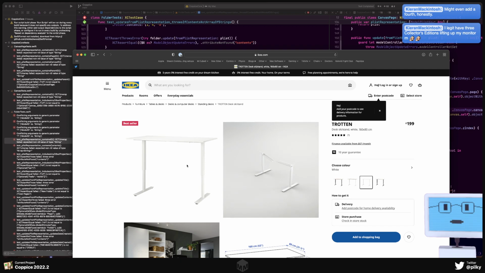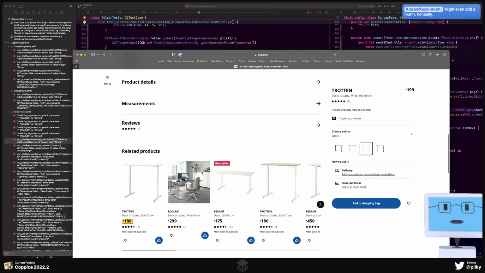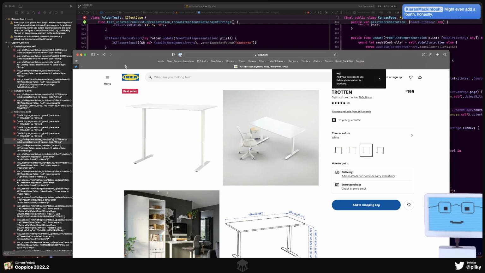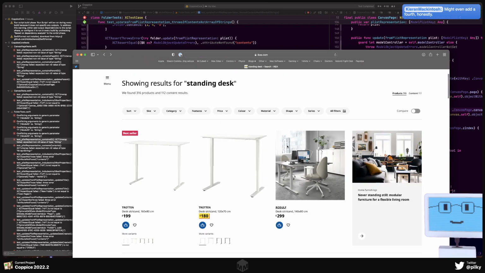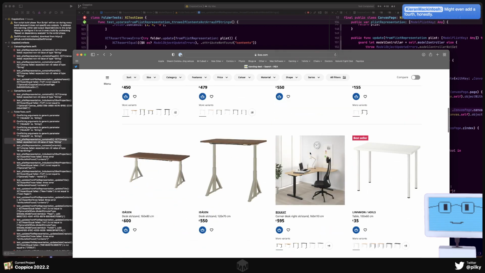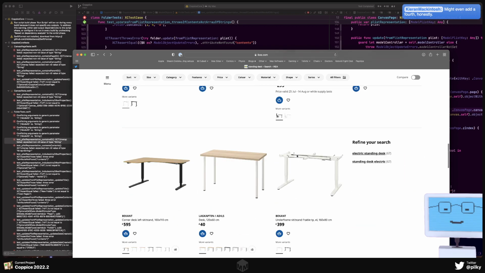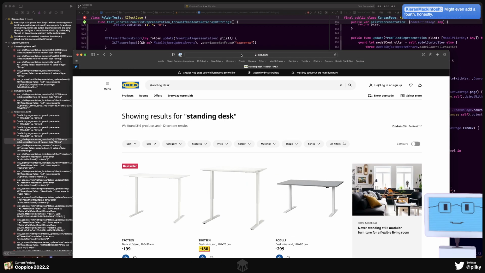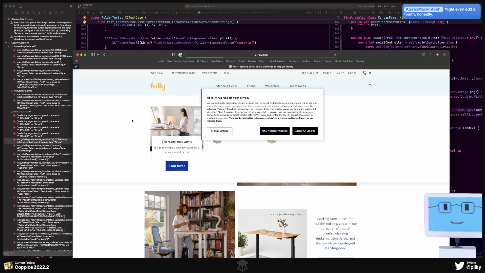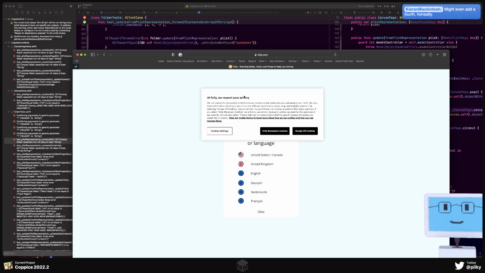So £200 for a height adjustable desk is really not that bad. You can go for the more expensive ones. I think the other ones are fully